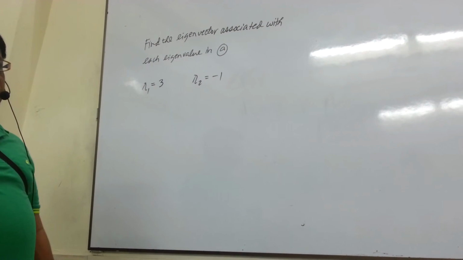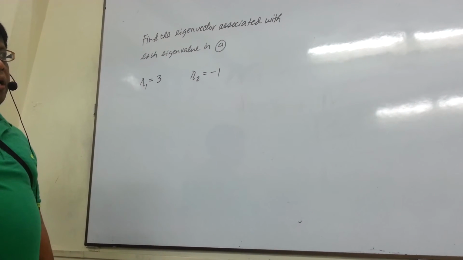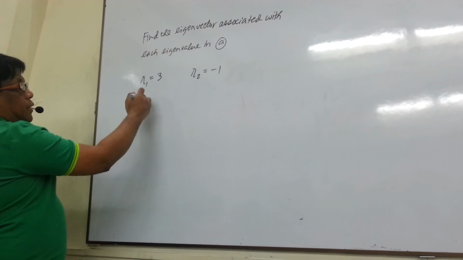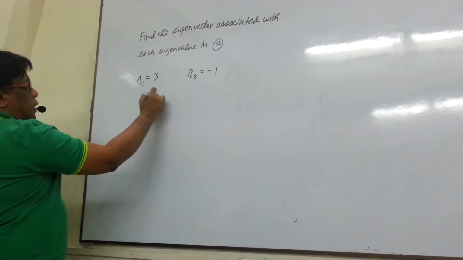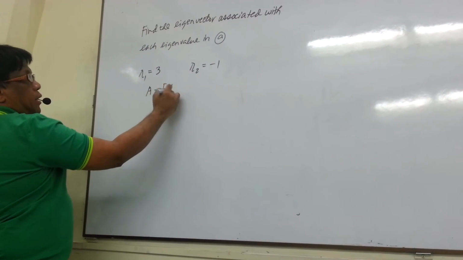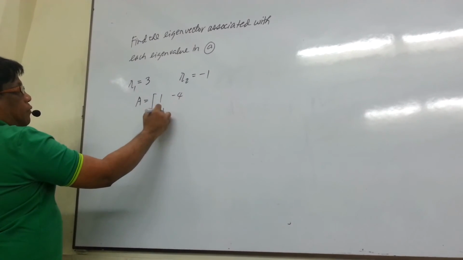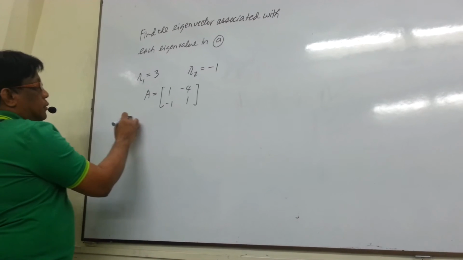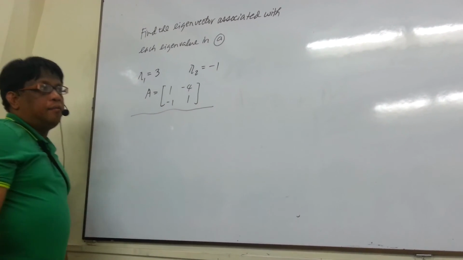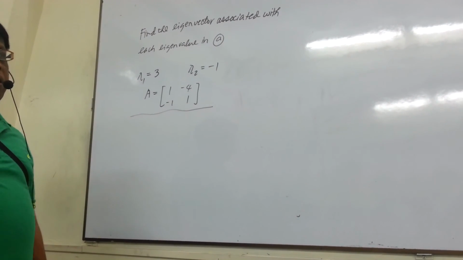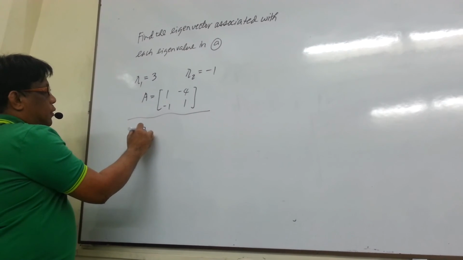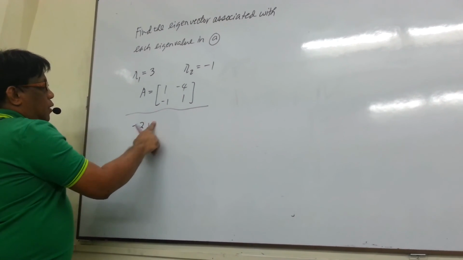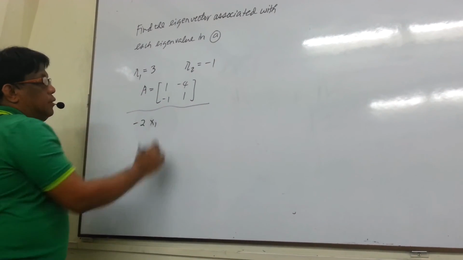Then let us have the matrix again, given here: 1, negative 4, negative 1, 1. So we have the equation from a while ago, with negative 2x1